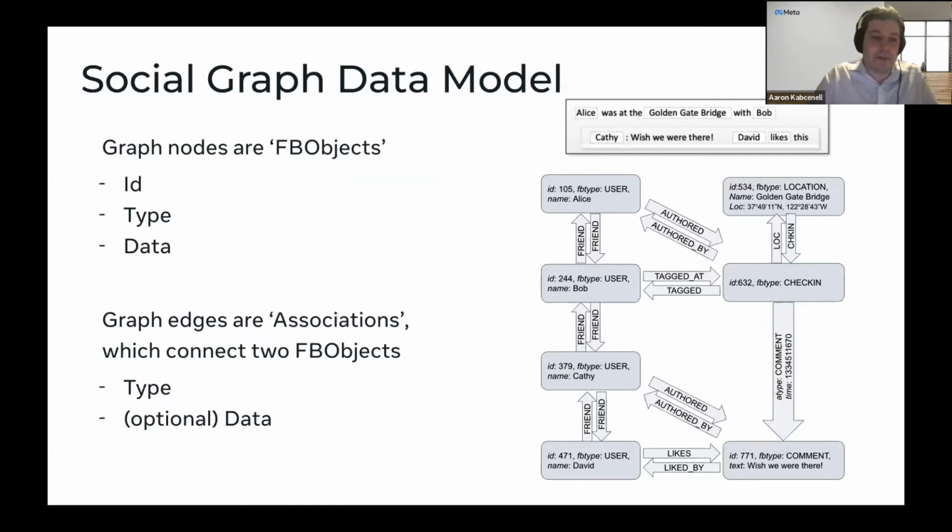These might have some type or some data, but in general, we'll say, what is the relationship between these two graph nodes? For example, we have some comment. It might be liked by someone, so that's an association. It might be authored by some other user, that's an association. The users themselves may have friend relationships. Those are all encoded as associations. And this allows us to build up a very, very large graph that we use to power Facebook and other